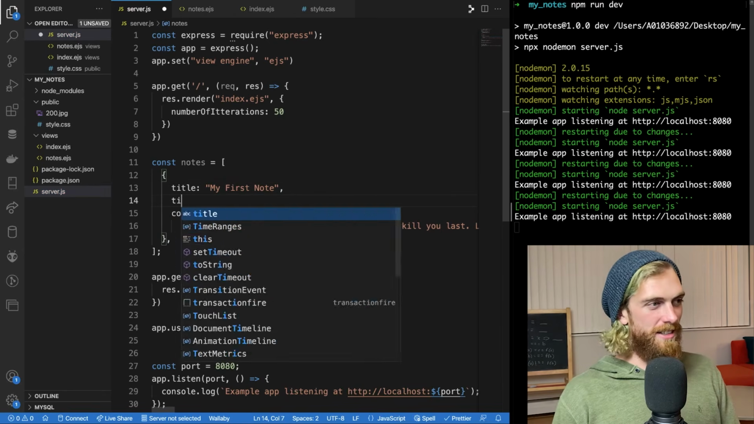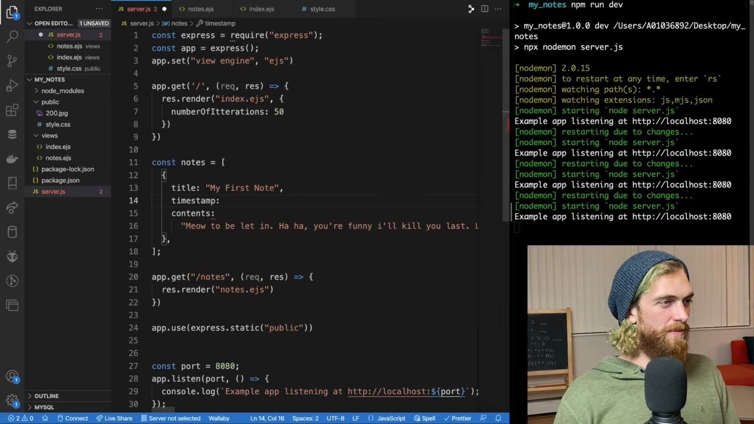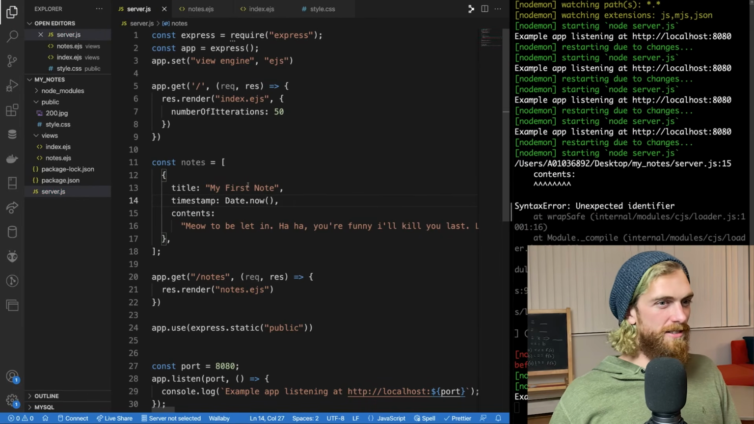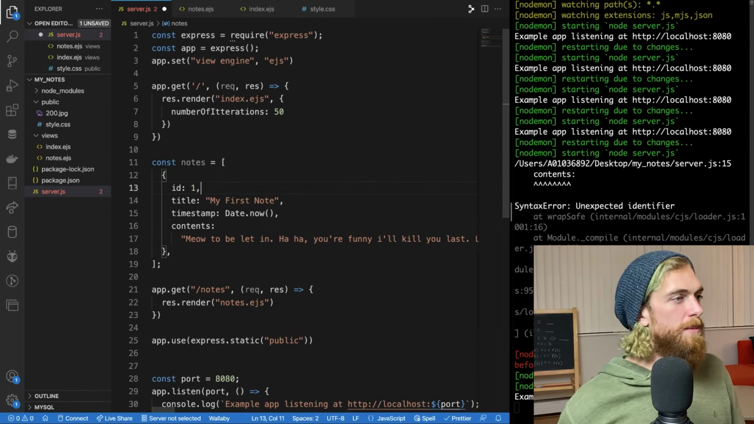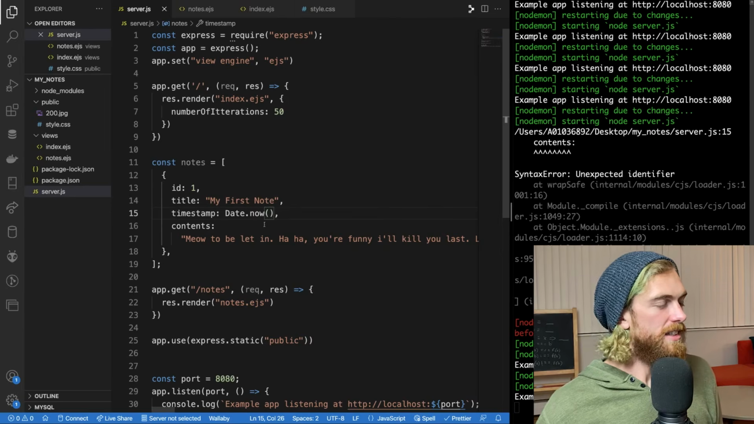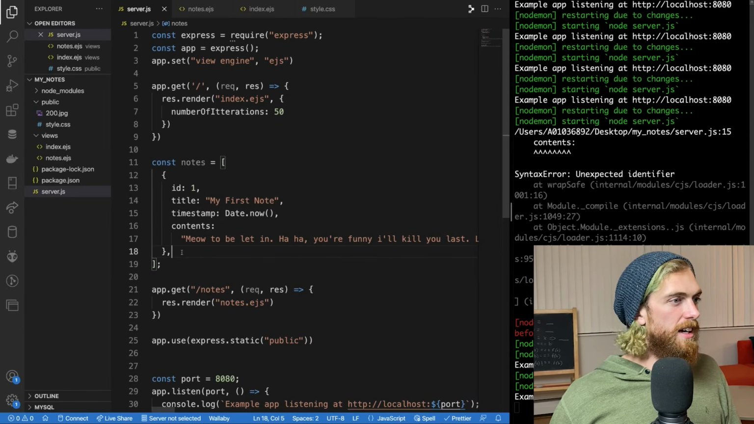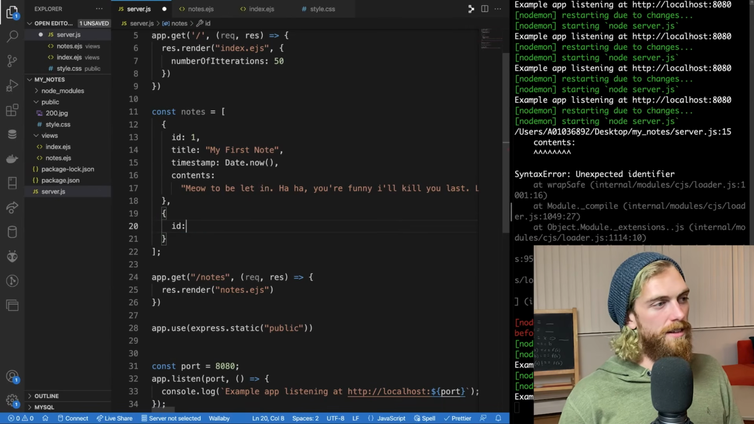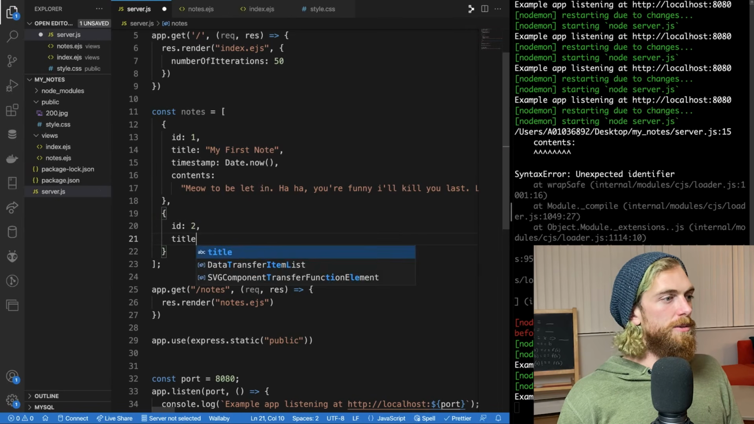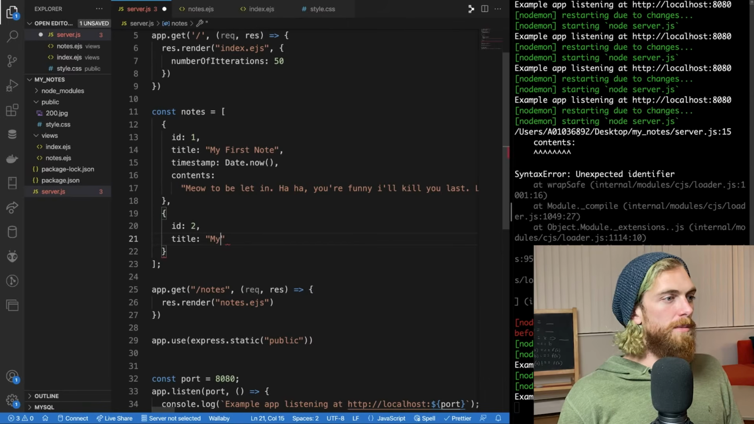Maybe like a timestamp. I'll do Date.now. And I'm going to give these an ID, because again, if this was a database, I'd have some sort of way of identifying this, so that's just easy. And I might create 2 of these, because why not? It's a list. So we'll have note 1, note 2, my second note,